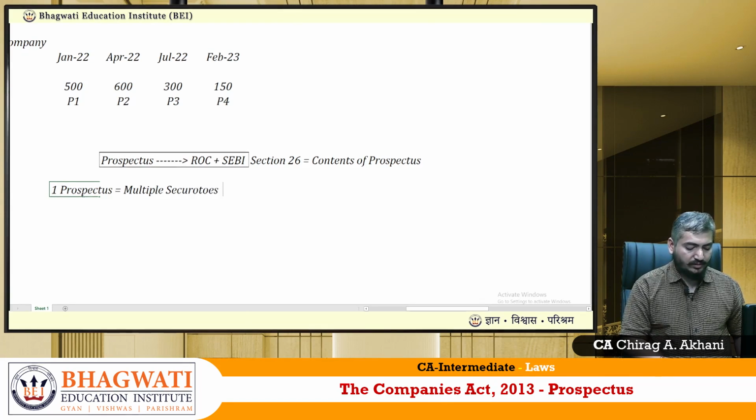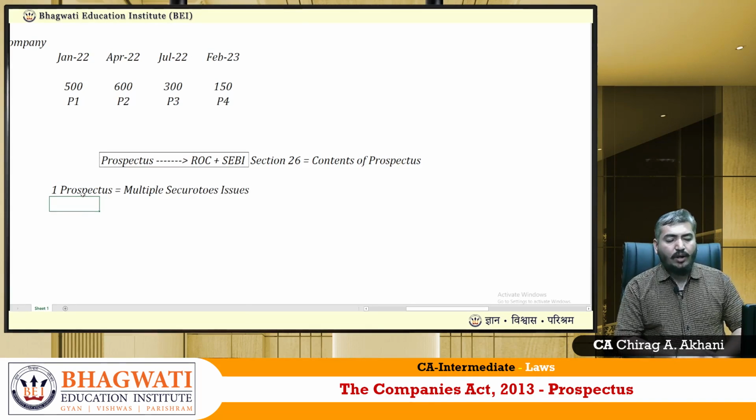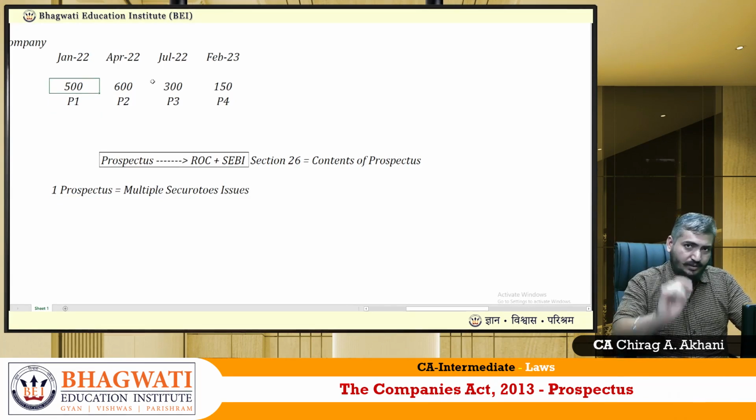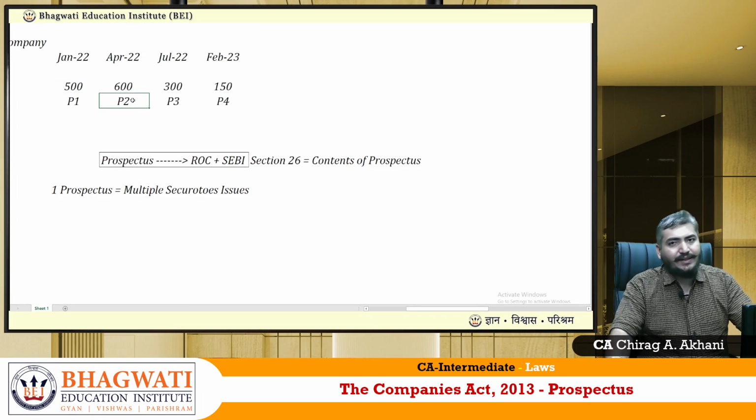securities issues. Now, what do you mean by this? If a company wants to issue securities multiple times within one limited period, the law says now you need not go for a fresh prospectus again and again. The prospectus which you had issued the first time, the same prospectus you can carry on for